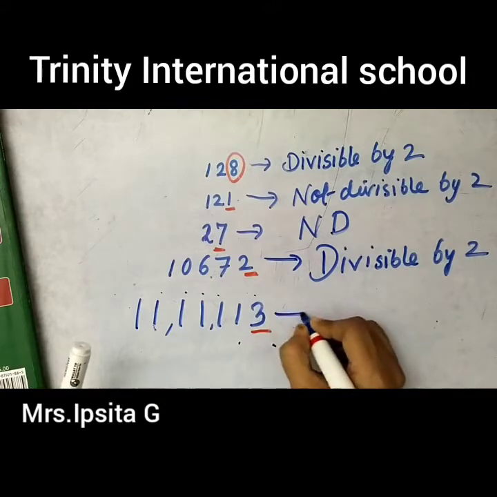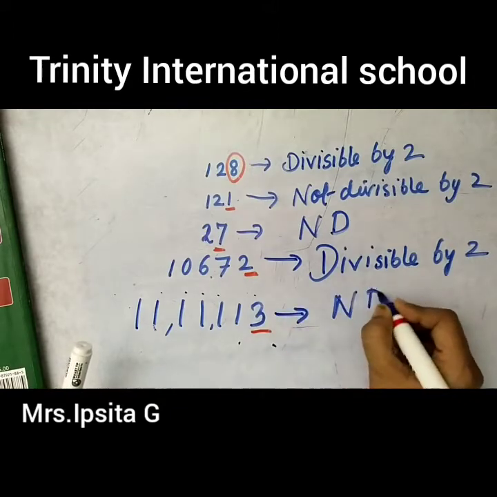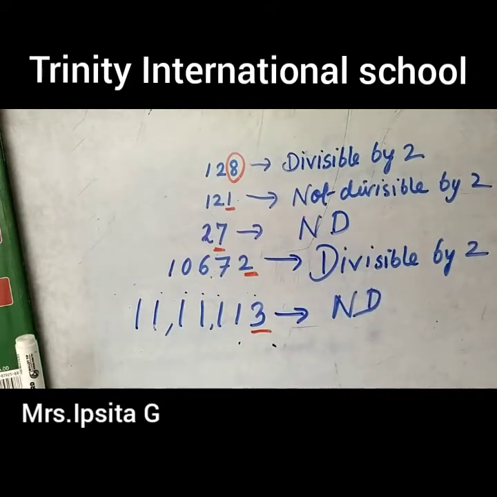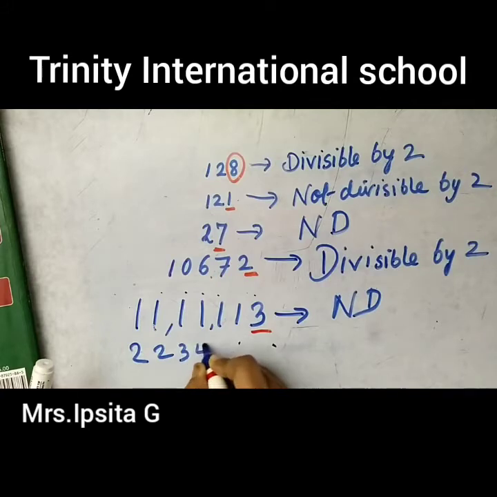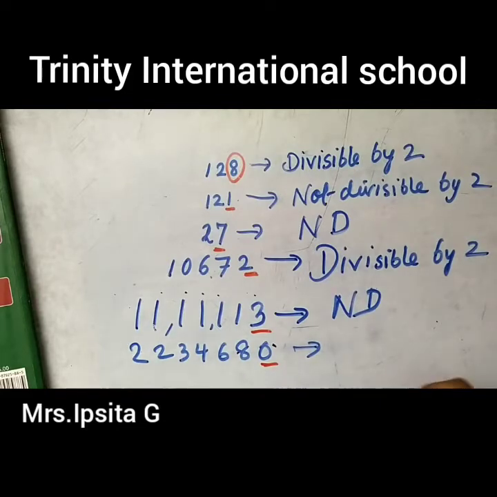It is an odd number, so it is not divisible by 2. Suppose now here you had a number like 2, 2, 3, 4, 6, 8, 0. Okay, now again you have to look at the ones place. What is in the ones place? It is 0, which is considered to be an even number. So you can say that